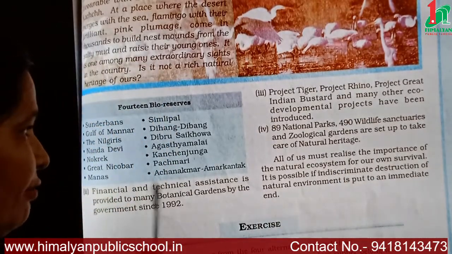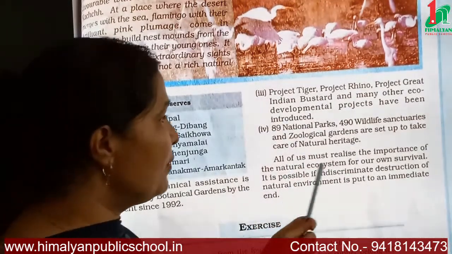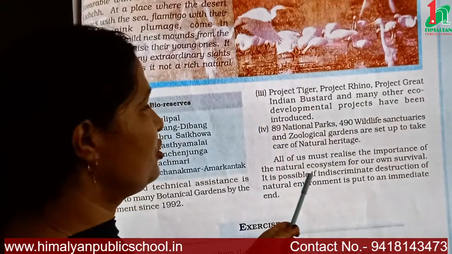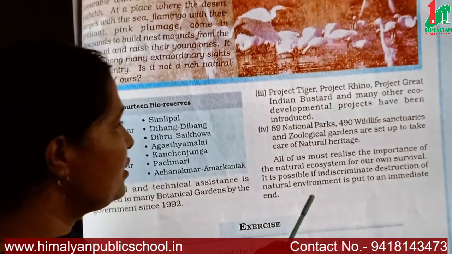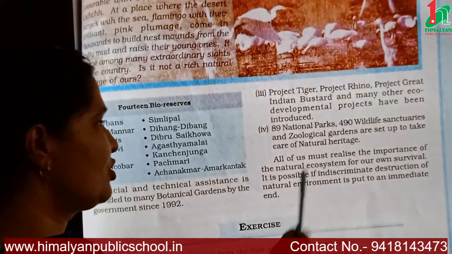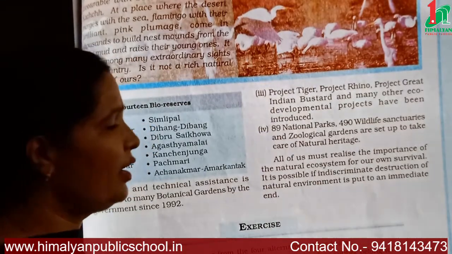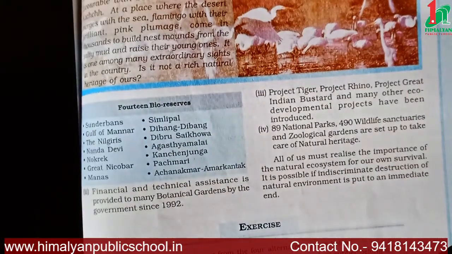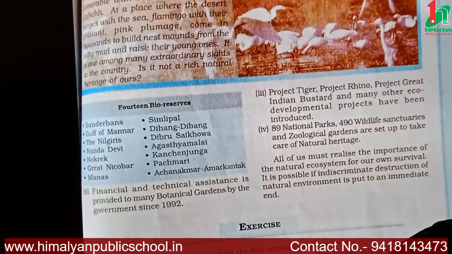Now here is an advice to all. Now all of us, means we all, must realize the importance of natural ecosystem for our own survival, and it is possible if this indiscriminate destruction of natural environment is put to an immediate end. Okay, so this is very important for us, natural vegetation is very necessary. It means it's a major thing for our life. So